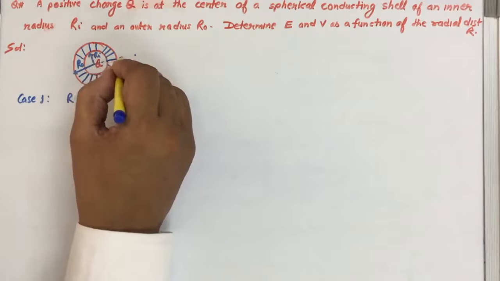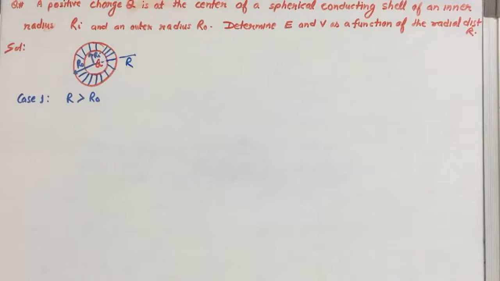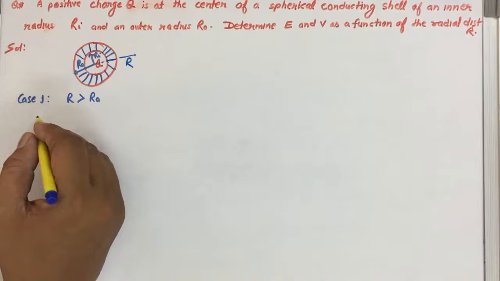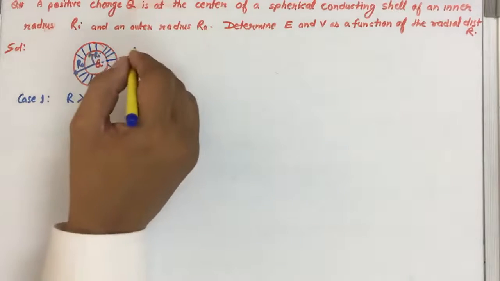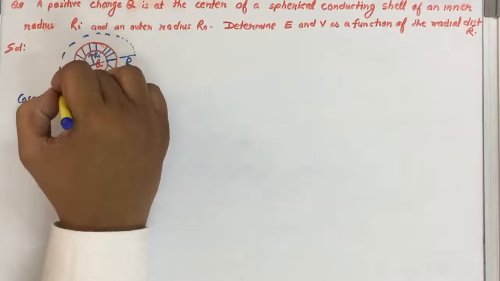So the point of interest is where r is more than r naught. In this case, let us start finding E and V. From Gauss's law, we can take the help of Gauss's law to make the problem easier. So first of all, we have to draw a Gaussian surface